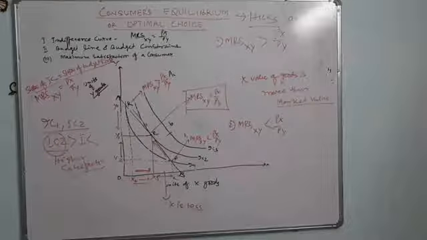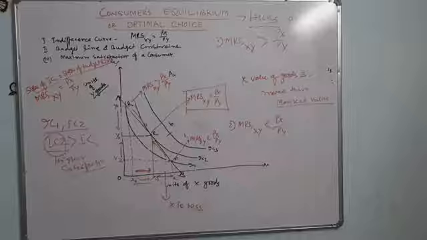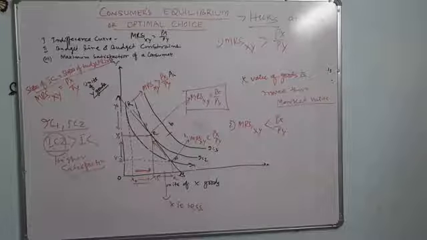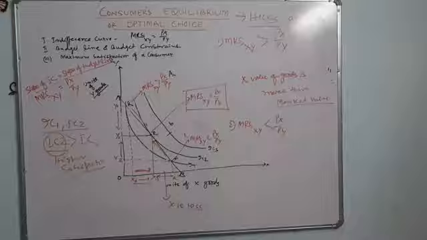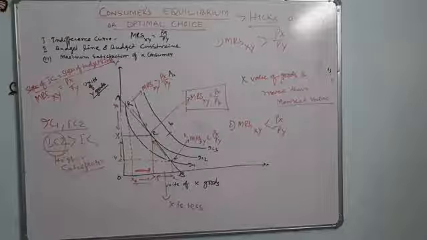Besides this, we have already learned the properties of the indifference curve, and the conclusion you have to draw yourself: which way you have to slope the budget line, which way you have to show the convexity to the origin, and what the conditions of the budget line are. There are so many multiple analysis questions that you will go through in the book. Accordingly, you have to give your answers. You will revise and remember it.